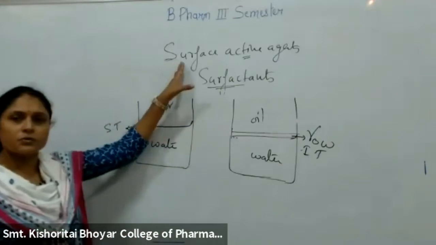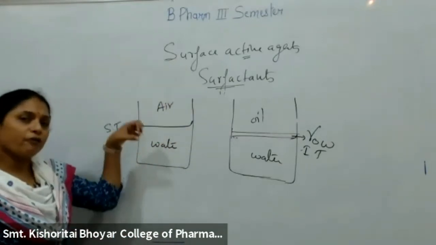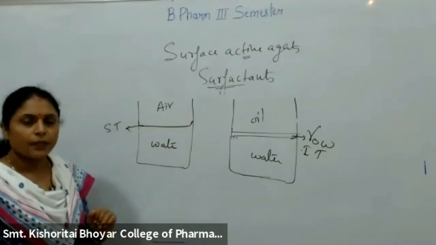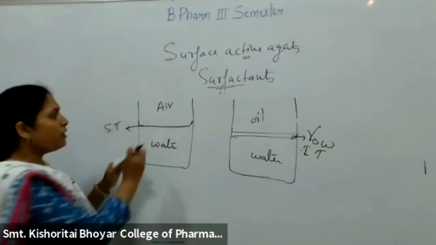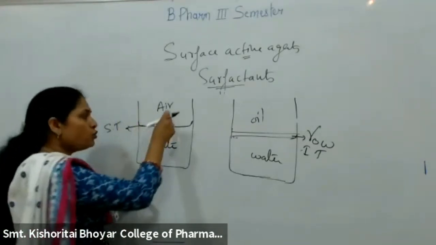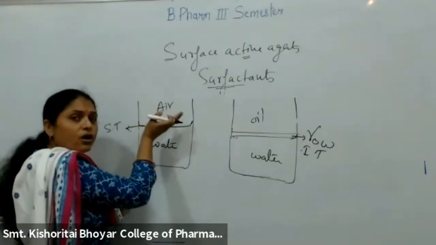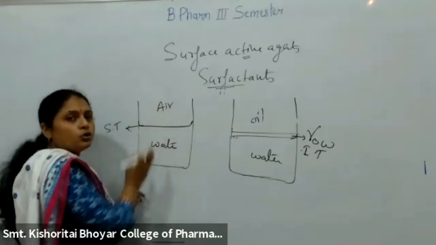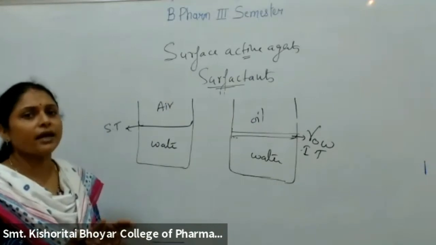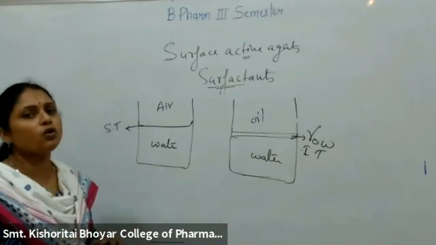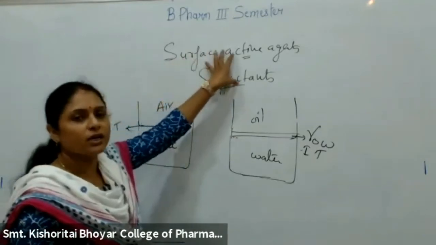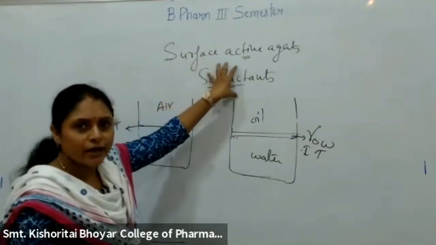But some substances, what they will prefer कि वो bulk में ना जाते हुए, they will prefer to remain on the surface. Even if we force them, they will come back to the surface. आप force करोगे, stir करोगे, तो वो bulk में जाएगा, लेकिन क्या होगा? Again, it may come back onto the surface. So now it must be clear that certain substances prefer to remain on the surface. And these are called the surface active agents, or the surfactants.